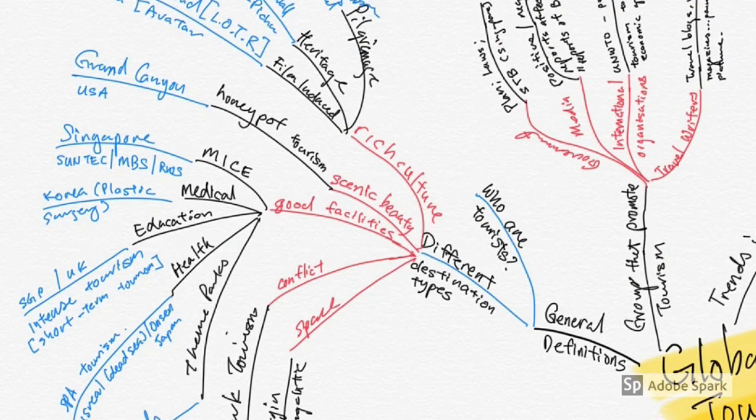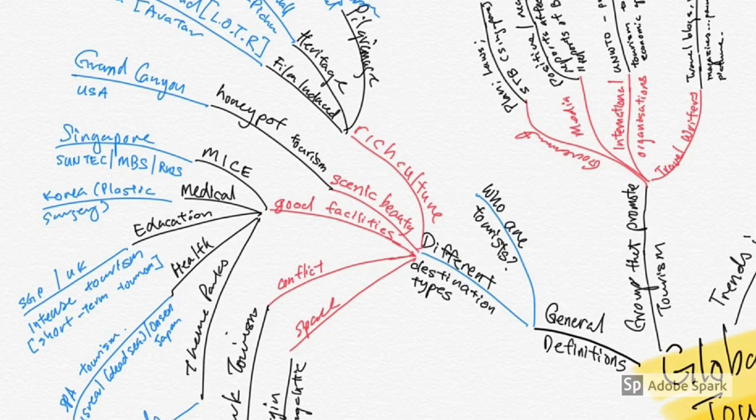So for general definitions, what are the core ones? The main definition that you need to know is basically who are tourists. Okay, that allows you to identify very clearly and segment out who are the group of people that we are dealing with. The second general definition type comes under the different destination types, where you have your 5 main destination